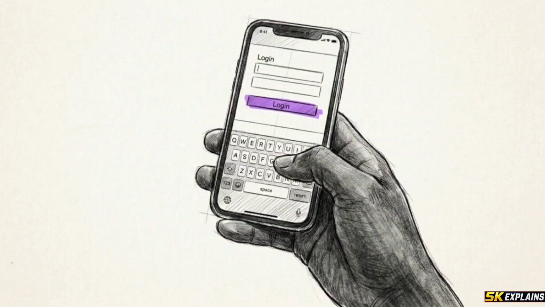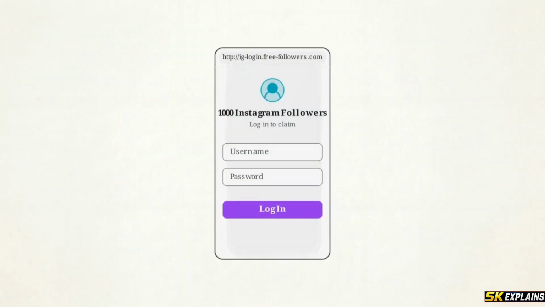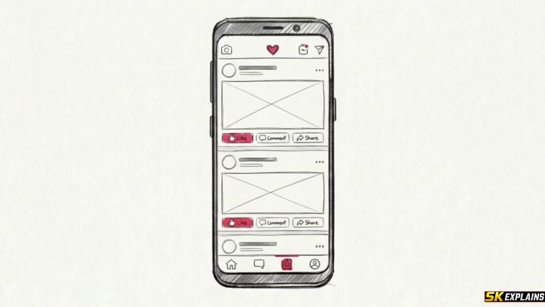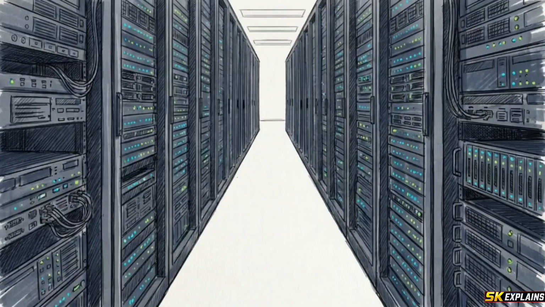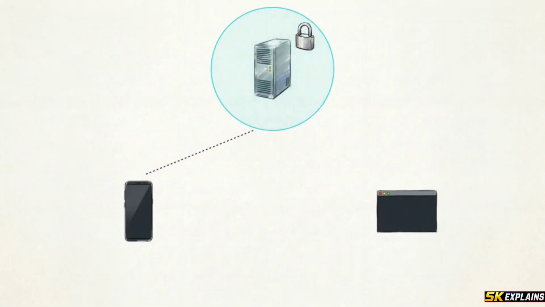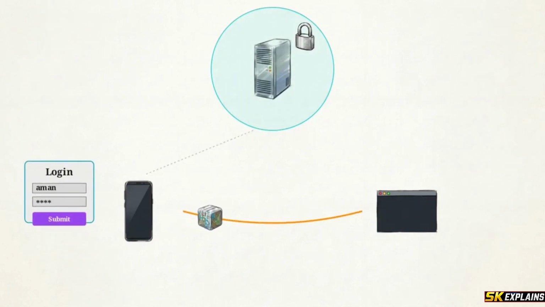Thinking they are logging into the real site, the user types in their details. For this test, we will input a sample username, like Aman, and a random string for the password, then hit login. The page instantly redirects to the real Instagram site, avoiding suspicion. Meanwhile, back in your Termux window, the username and password you just typed appear in plain text. We didn't break any complex encryption or hack the platform's massive servers. We simply replicated a digital interface, proving that visual deception can bypass technical defenses by targeting user behavior instead of